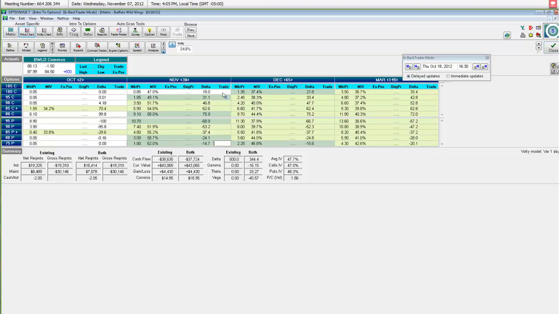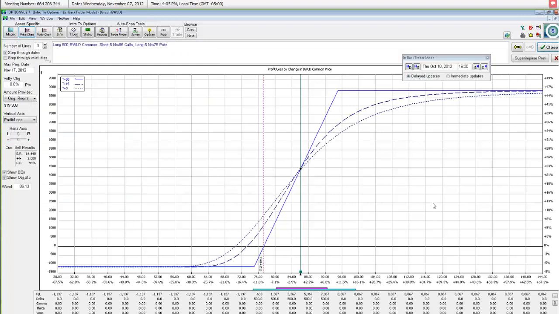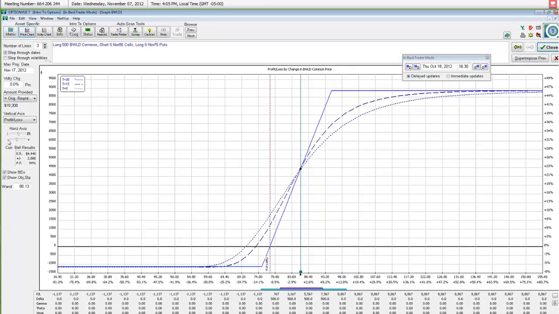Well, a couple things you could do. In the same month, you could sell the call and you could buy the put. So you're selling 5 of these things up here, and you're buying 5 of these things down here. Now you notice that the price you're selling is about $1.85, and this is about $1.80. What would that look like? What would happen? Okay, well now it looks like that. Let me zoom that out just a bit. You'll see what happens in this case is that you still are long your stock, so you have the same potential to make money